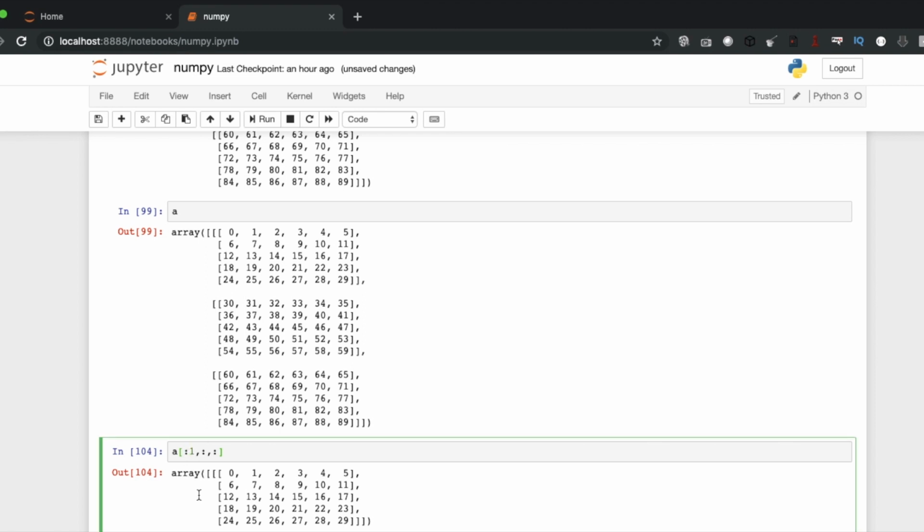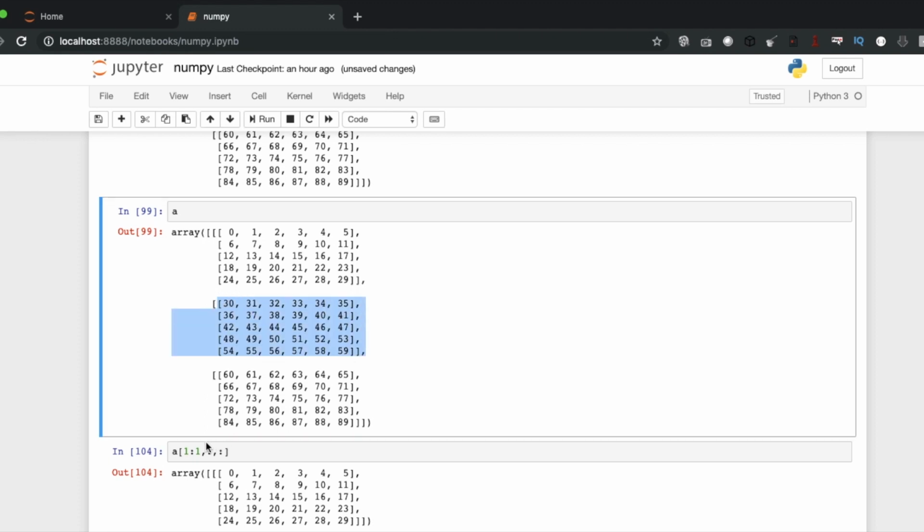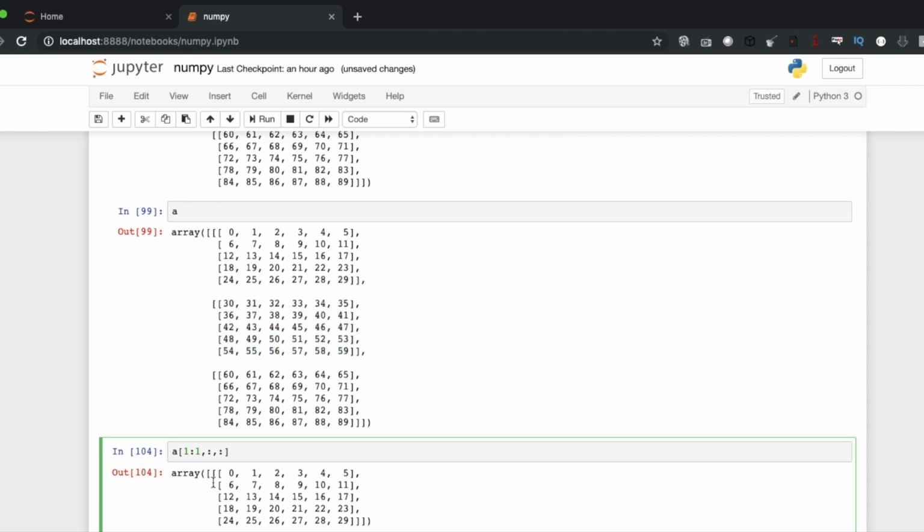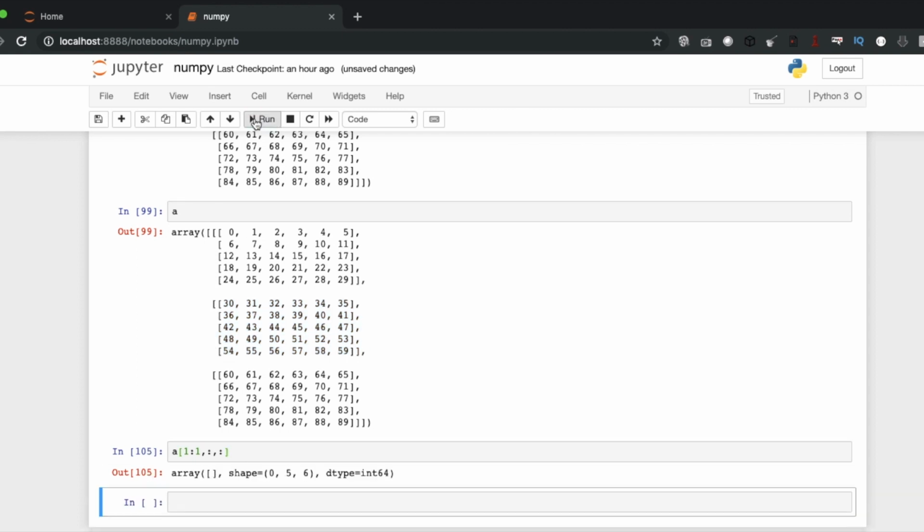And if I start from here and I need this one, then I need the second array actually. So 0, 1, 2, so I need this one. But this is not working, not sure what the problem is here. Let me think.